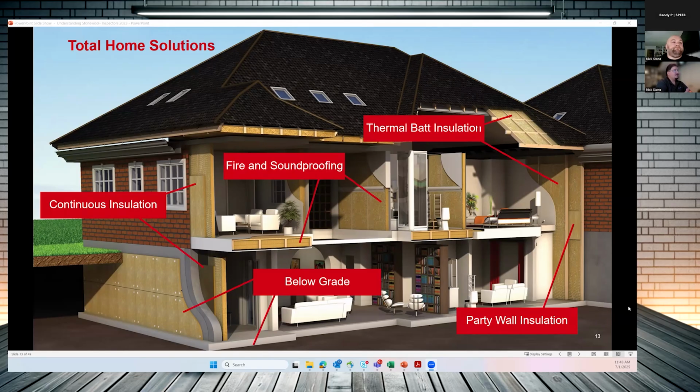It's not so important in the Texas market, but it can also be used for below grade. So you can do it under your foundation, things like that. And it's also great for continuous exterior insulation, which is important for fire resistance, especially in WUI zones, which we'll get to. Yeah, so for our sound product, we have Safe and Sound, which is offered in a 3-inch